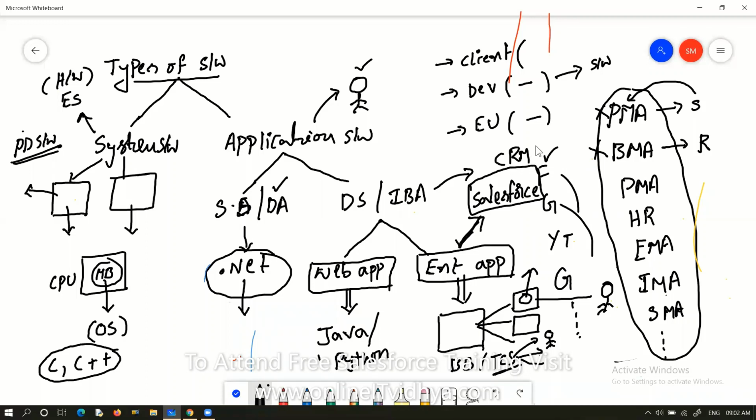CRM applications are marketing, sales, as well as service. These three combined we call CRM applications. Generally, for every company, marketing is important, sales is important, service is also important. Why? Because every company is doing business, and for business these three are mandatory.